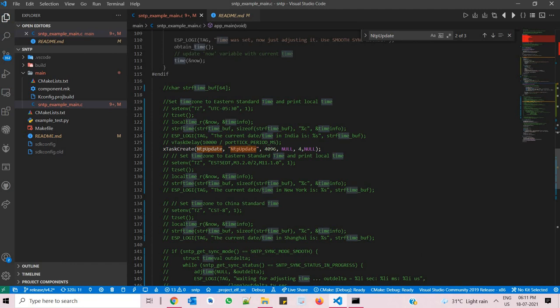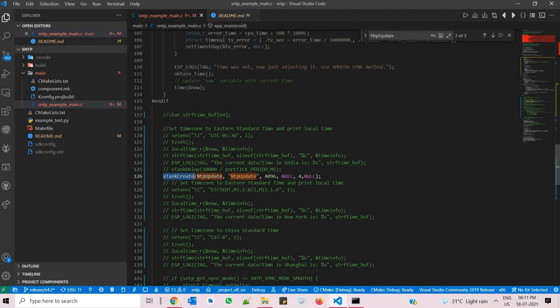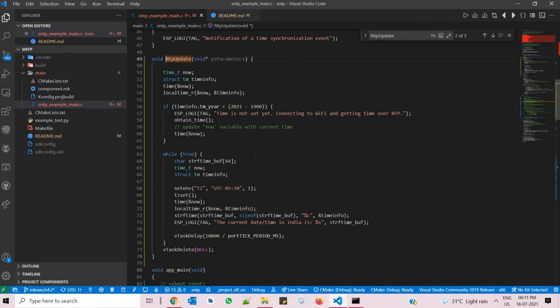So here xTaskCreate creates this one thread, and this is the variable initialization, and here, only the first time it will go to this condition and obtain the current date and time from the server. But the second time, if we do a power reset or something, this code will run the first time.